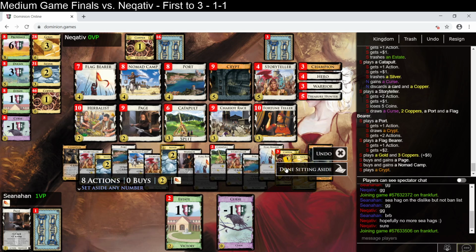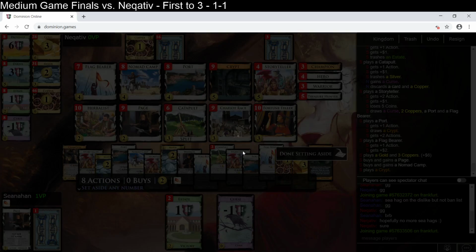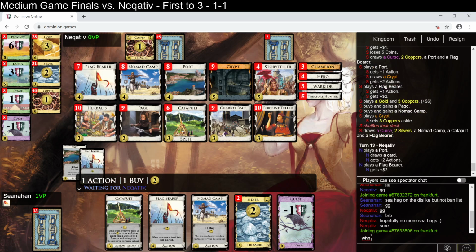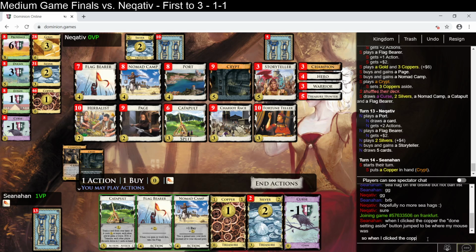And then I'm going to set aside 3 coppers. Ooh, undo. I'm not sure what happened there. Okay, I'm going to keep the Warrior 1 more turn. When I clicked the copper, the done setting aside button jumped to be where my mouse was. So when I clicked the copper again, it stopped and clicked a different button. And I have that video, so